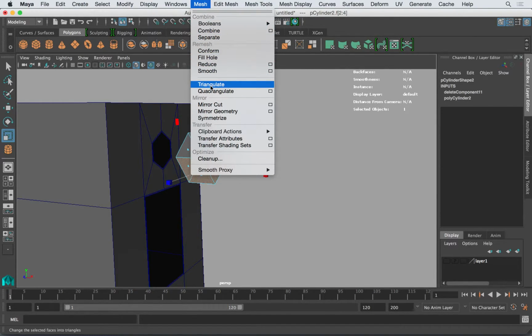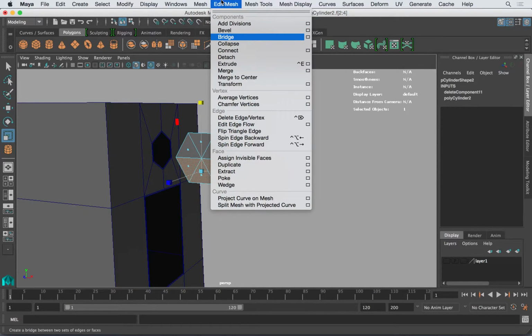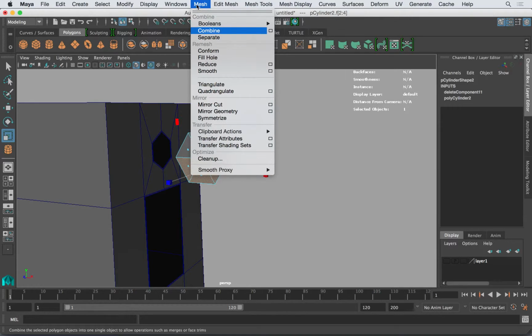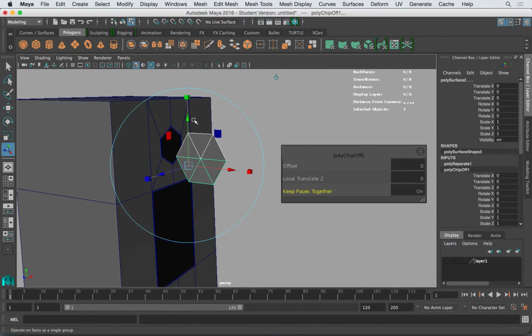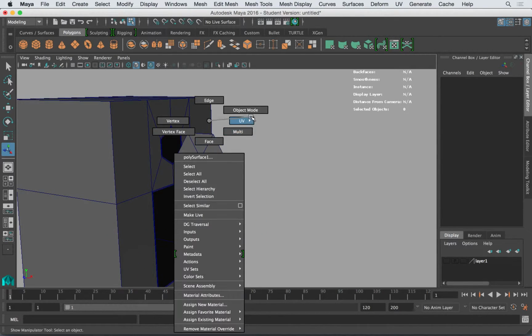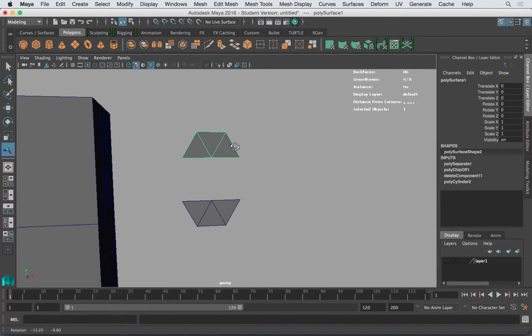Let me see where they have it. They used to have it here. Edit mesh. Extract face here. Extract. And I'm going to move it down. So what I'm trying to do is like an elliptical shape. So I'm going to